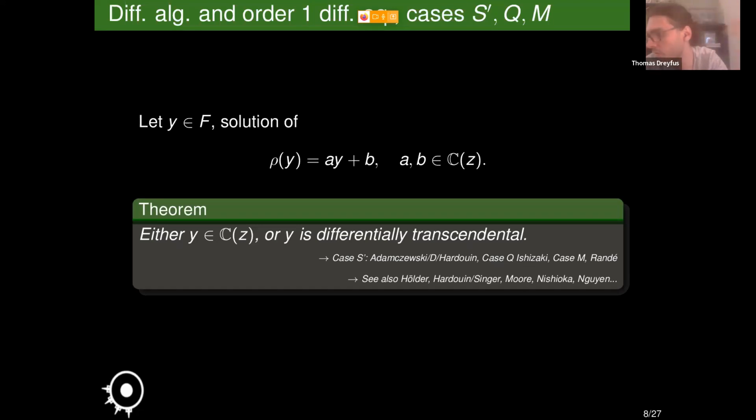This kind of result goes in the same way, meaning that if you are differential algebraic, then you are extremely simple. Again, the cases Q and M were treated separately and independently. This time with Adamczewski and Hardouin, we gave a unified proof to consider the case S prime with Galois theory. So originally the proof was made just by